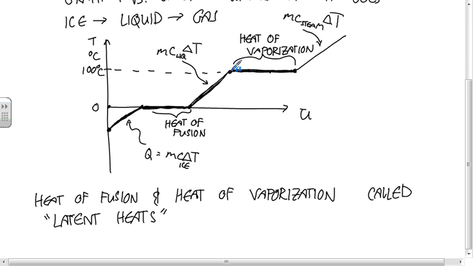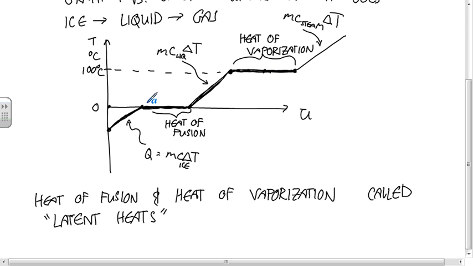Okay, what's the state of the material right here? That's a liquid at 100 degrees Celsius. What's the state of the material right here? It's half and half. It's at 100 degrees Celsius, but half of it is steam and half of it is liquid. And